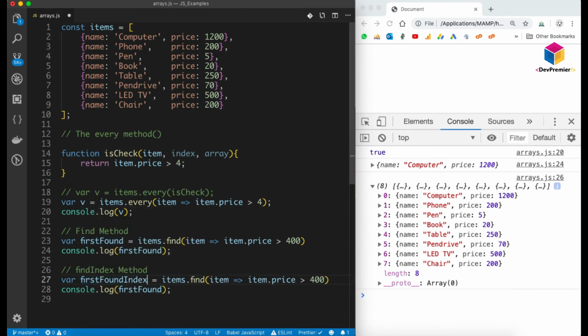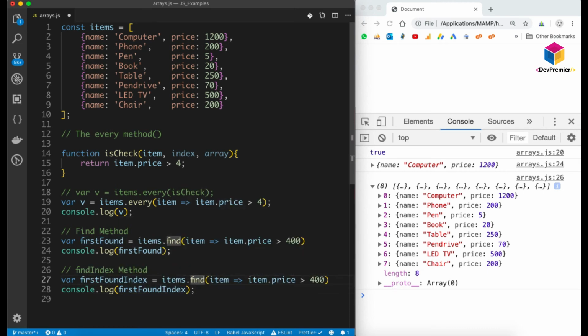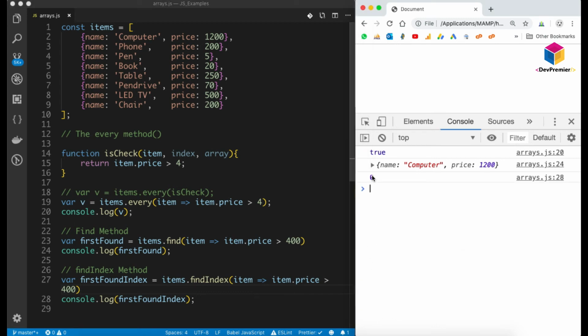Let's make it first found index, and this is findIndex. So now we will get index value 0 here because it's finding the first element which has value greater than 400, and its index value is 0, so it's returning 0 here.